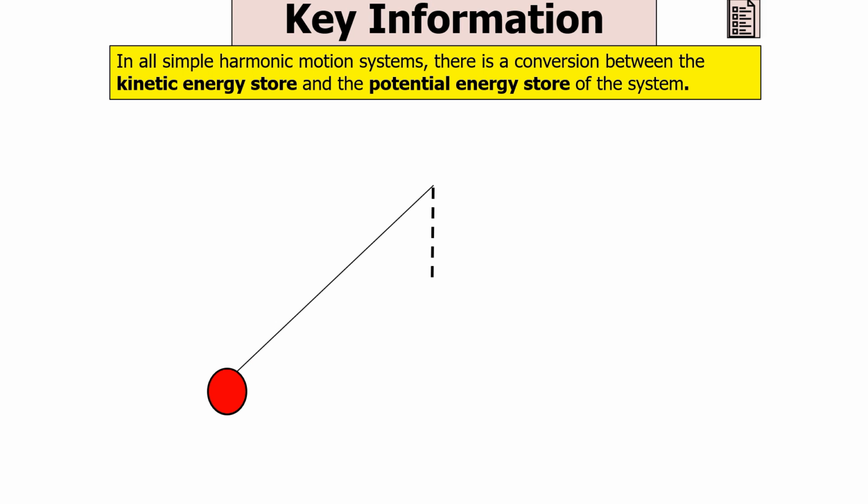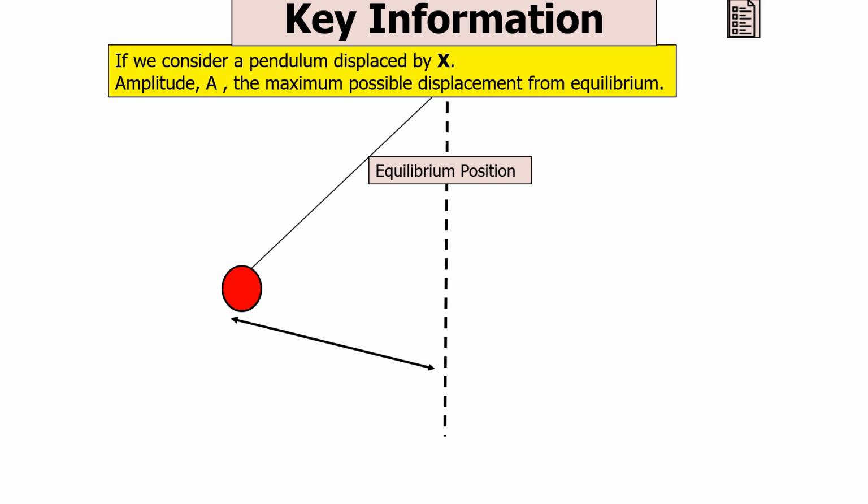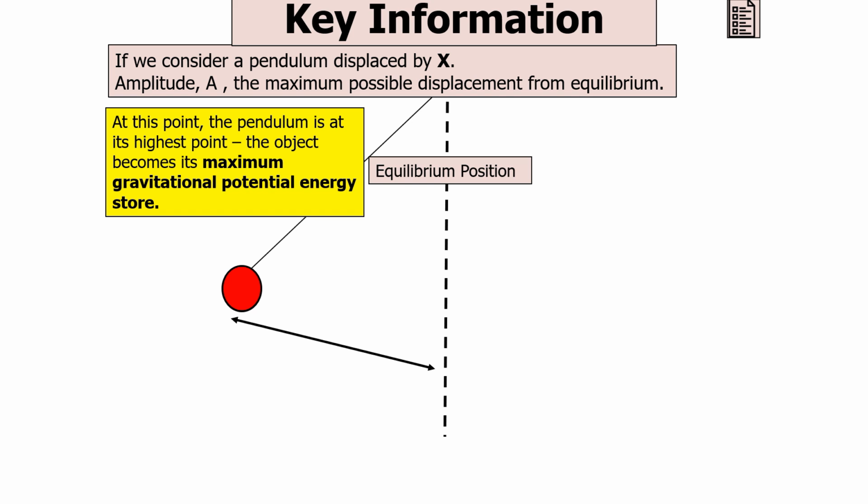As we said, in all simple harmonic motion systems, there is a conversion between the kinetic energy store and the potential energy store of the system. In this instance, the potential energy store is the energy due to the position of the oscillator in the gravitational field, whilst the kinetic energy store is the energy due to the oscillator moving. So if we consider a pendulum displaced by x, amplitude A being the maximum possible displacement from the equilibrium, at this point the pendulum is at its highest point, so the object will have its maximum gravitational potential energy store. So we can say the displacement is equal to A, the velocity we know is 0, and the acceleration is